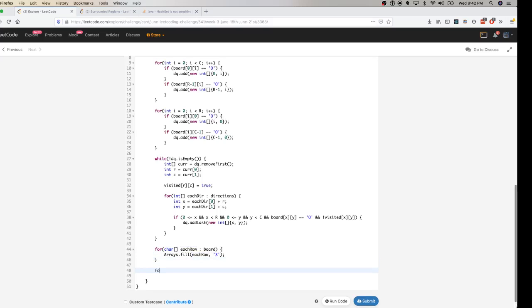Okay, now we iterate through the whole grid, which is I less than R, I plus plus.